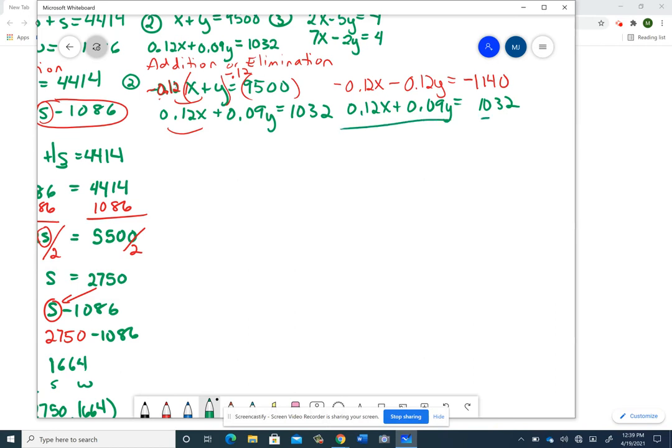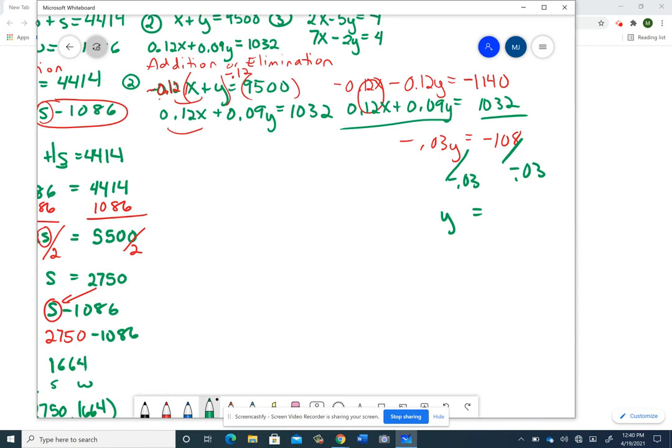All right, now we got them ready because now I can see that if I added these up, it'd be 0x, which is 0. Then a negative 0.12 and a positive 0.09 is going to be a negative 0.03y. Just do it on your calculator. And then a negative 1140, positive 1032, they'd be negative 108. Then you're going to divide by negative 0.03 on both sides. Then you get y equals,